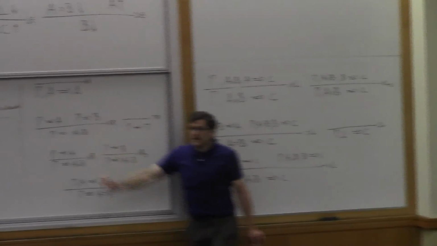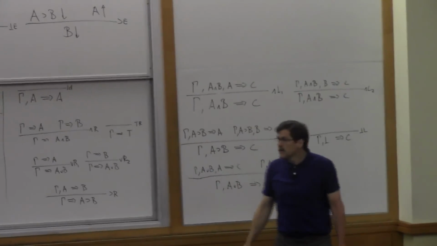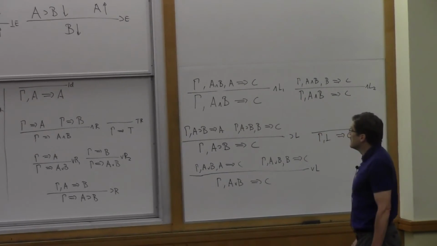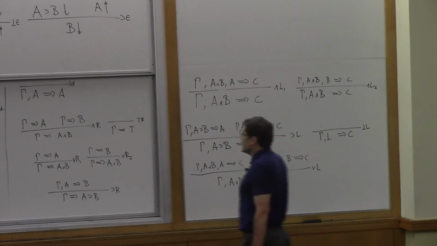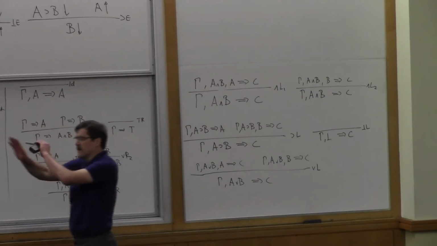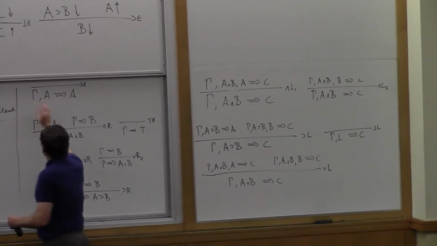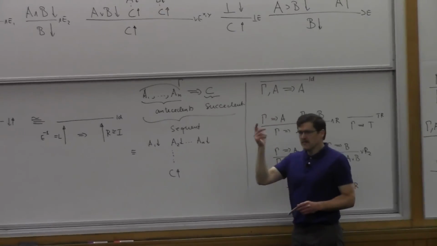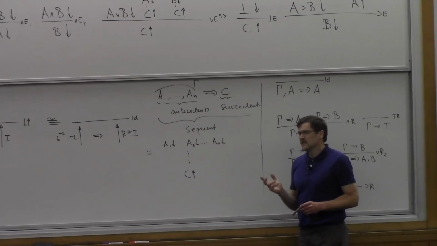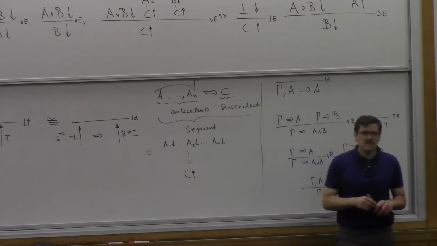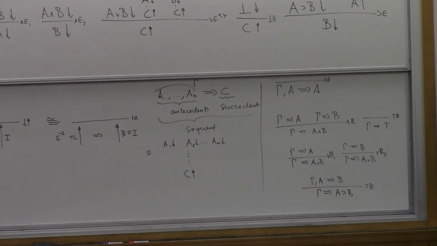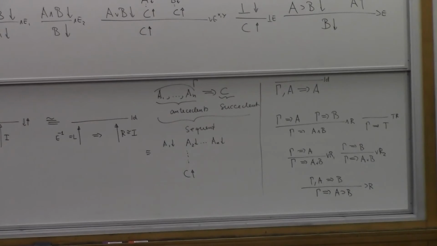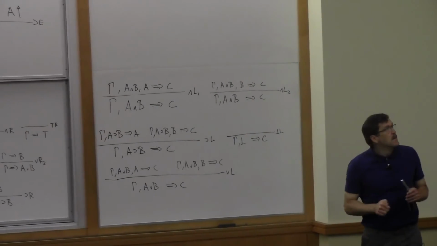Yes? So the IP rule, is that supposed to be A anywhere in gamma, or is it on the front of gamma? Okay, excellent question. Because in natural deduction, I don't care how I write down the assumptions. You can permute these things to be anywhere in gamma. So you can always permute your assumptions, so I don't care about the order. So we usually think of gamma as being a multiset. You can have multiple occurrences of the same thing, but the order doesn't matter.